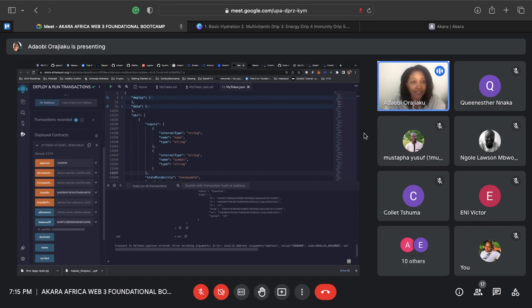Even if you are not inheriting, we are going to be inheriting an external library to make our smart contract a lot easier. If you can see my screen,